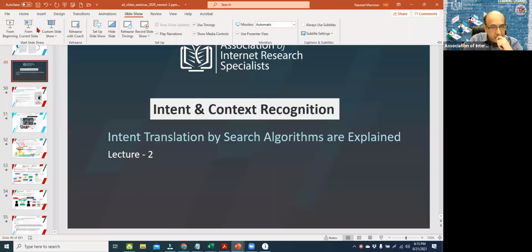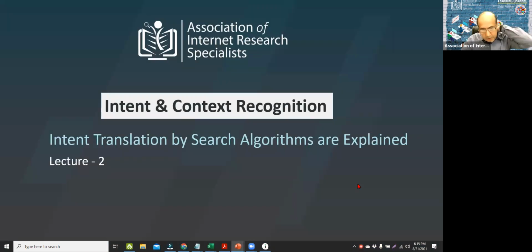Okay, so now let's start with the topic. We like to call it intent and context recognition. This is where we have to really focus and look at how the structure of the indexing, or how the textual index,